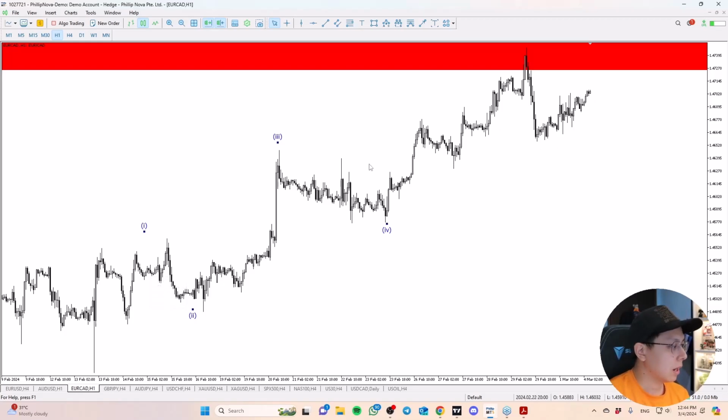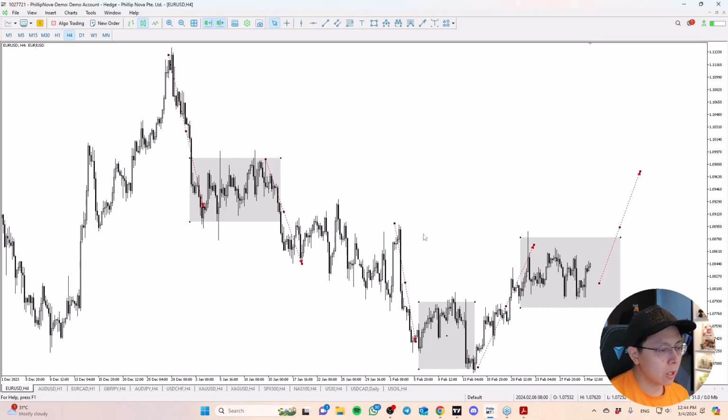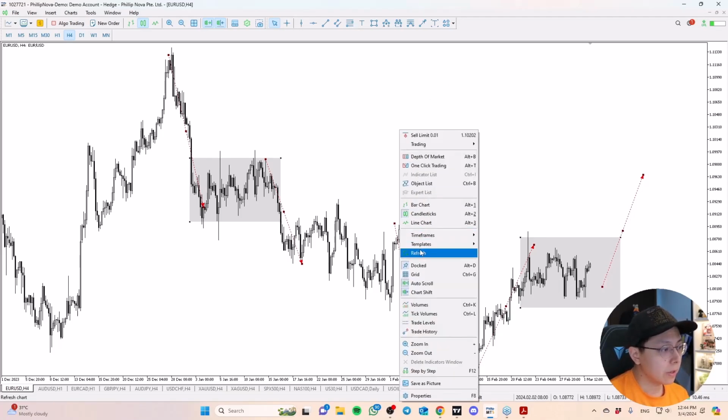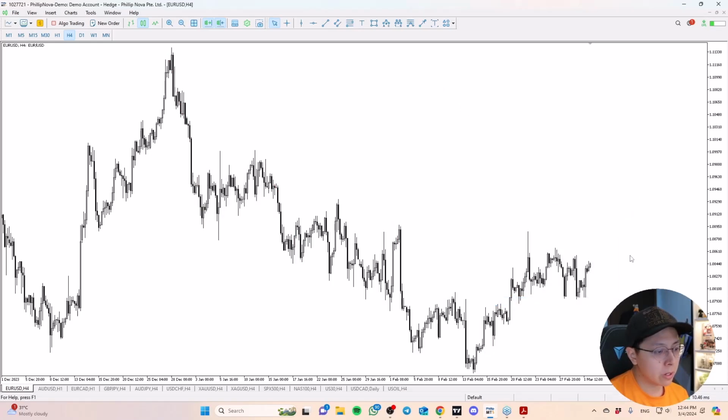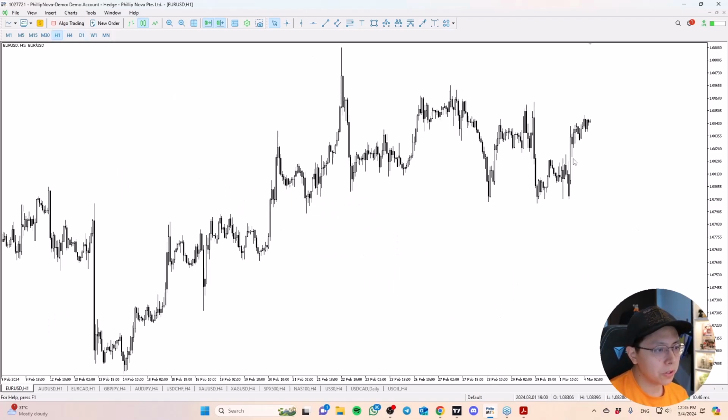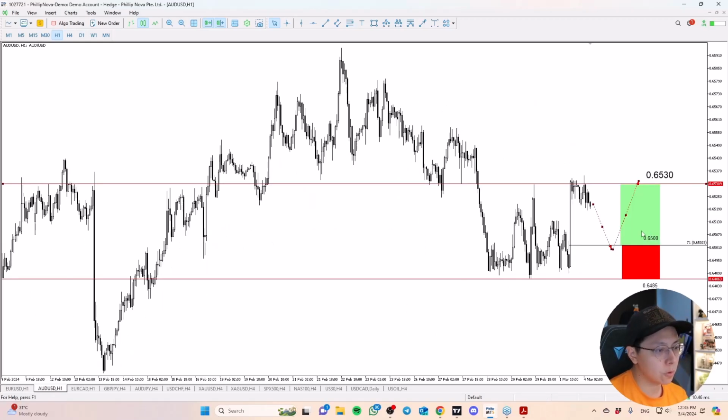So there's another example to illustrate the framework. Now, Euro dollar as well, I'm interested in upside. I think this is very clear. So the direction is there. Do I have a setup? Now if I base it on Elliott wave or even the order flow setup, there isn't much there. There is a little bit over here, but again, this fair value gap is really too small for me. I'm not interested. Instead, I would rather focus on this.